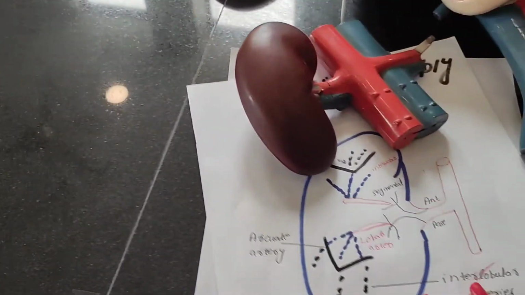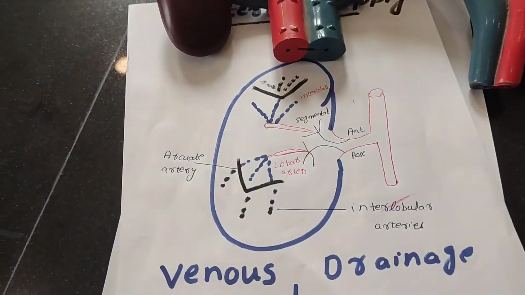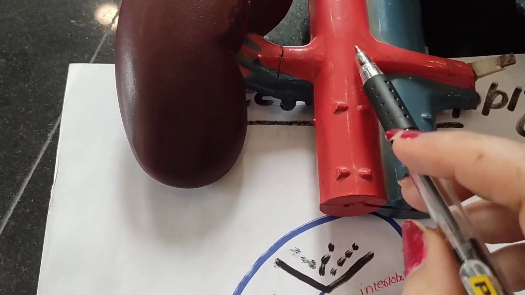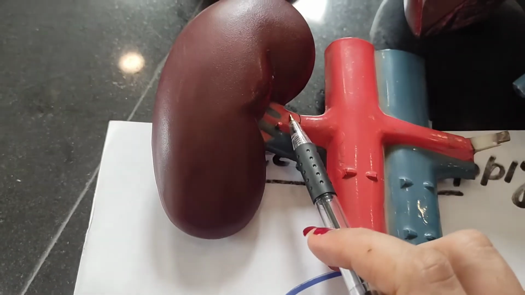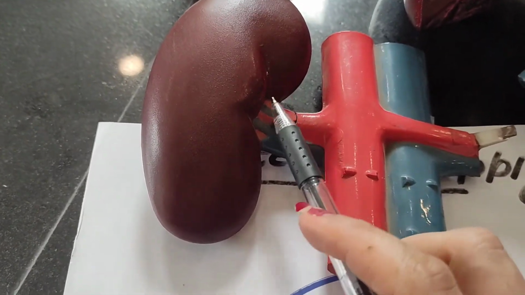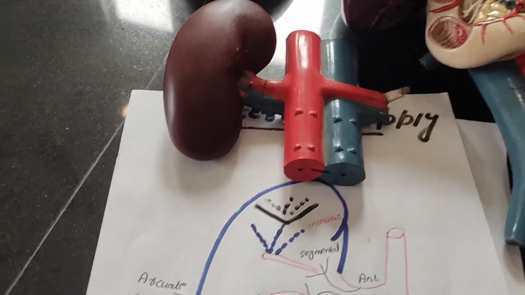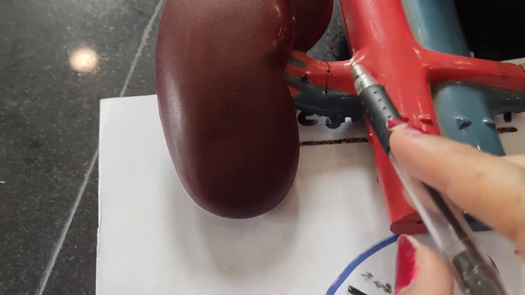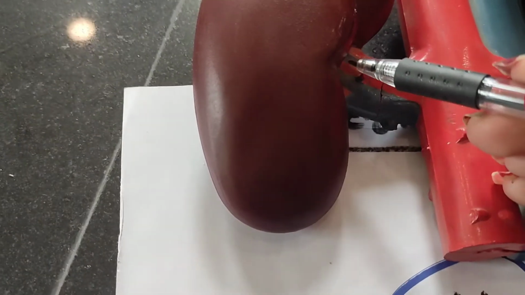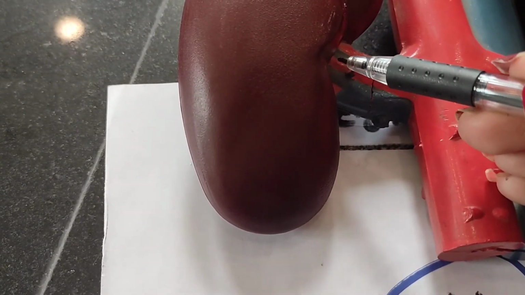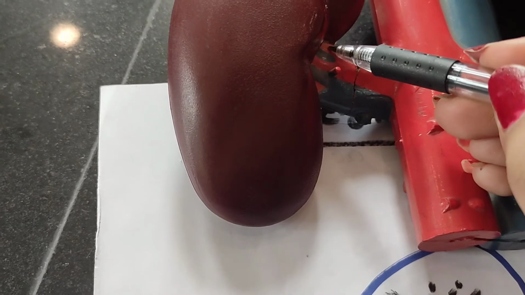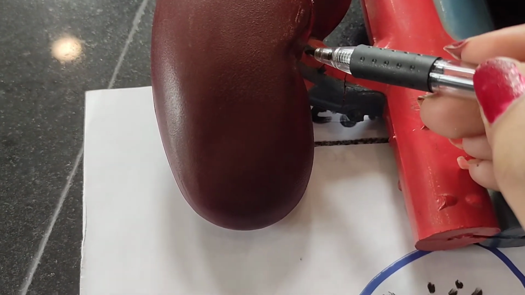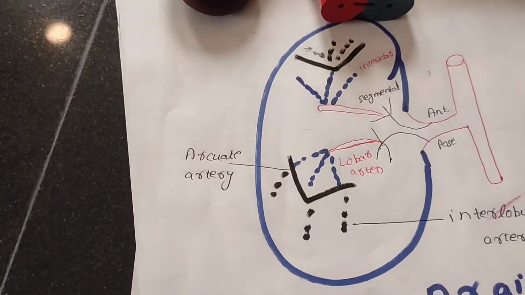इसकी जो आर्टीरियल सप्लाई है वो थोड़ी ट्रिकी है, तो उसको जो है आपने अच्छे से याद रखना है। अब मेन तो आपको इस मॉडल पे दिख रही है कि ये रीनल आर्टरी है। जो रीनल आर्टरी है वो हाइलम ऑफ किडनी में एंटर करती है और वहाँ से ये ब्लड सप्लाई दे रही होगी, लेकिन ये इतना सिंपल नहीं है। रीनल आर्टरी एओर्टा से अराइज करती है और जब ये हाइलम में एंटर होने लगती है, यहाँ पे ये 2 ब्रांचेस में डिवाइड हो जाती है। एक दे देती है एंटीरियर डिवीजन और एक देती है हमारे पास पोस्टीरियर डिवीजन। फर्दर ब्रांचिंग होती है इस एंटीरियर और पोस्टीरियर डिवीजन्स की, वो मैं यहाँ पे दिखाऊंगी।